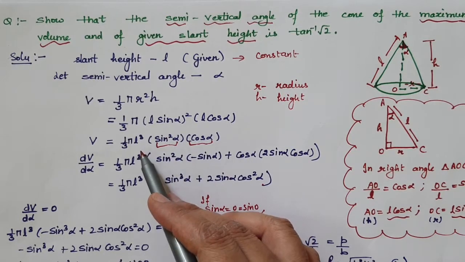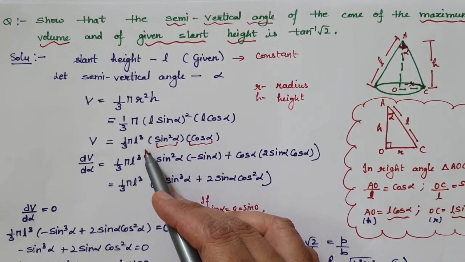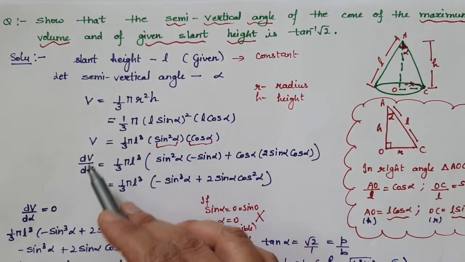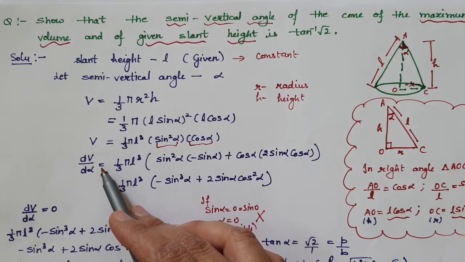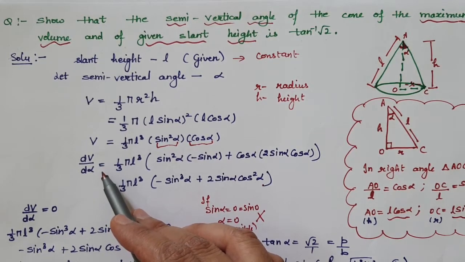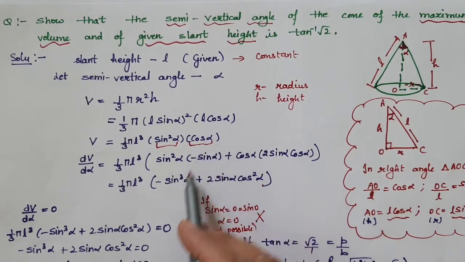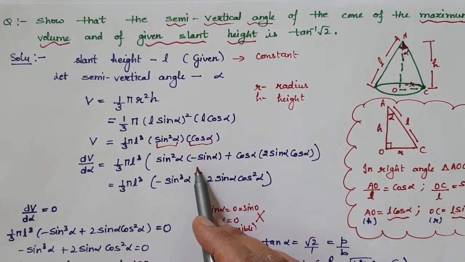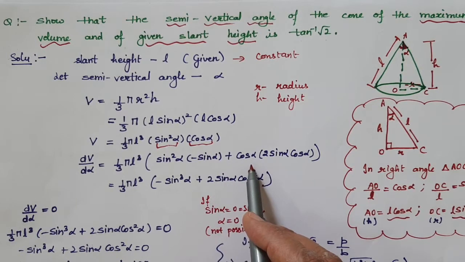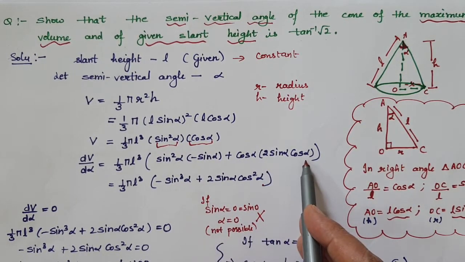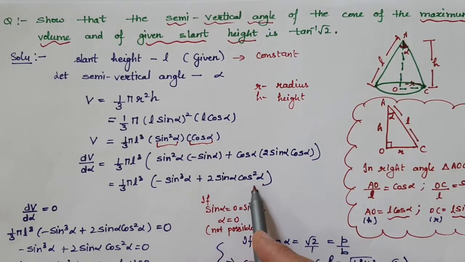Since we have to maximize the volume, we will start applying our second order derivative test on the volume. So how can we do that? Now volume is differentiated with respect to alpha because alpha is the only variable involved, L is constant. So what are we going to get? This will be 1 by 3 pi L cube. Apply your product rule. So this will become sin square alpha times minus sin alpha plus cos alpha times the derivative of sin square alpha, that will give you 2 sin alpha cos alpha. So after simplification, this is what we are getting.